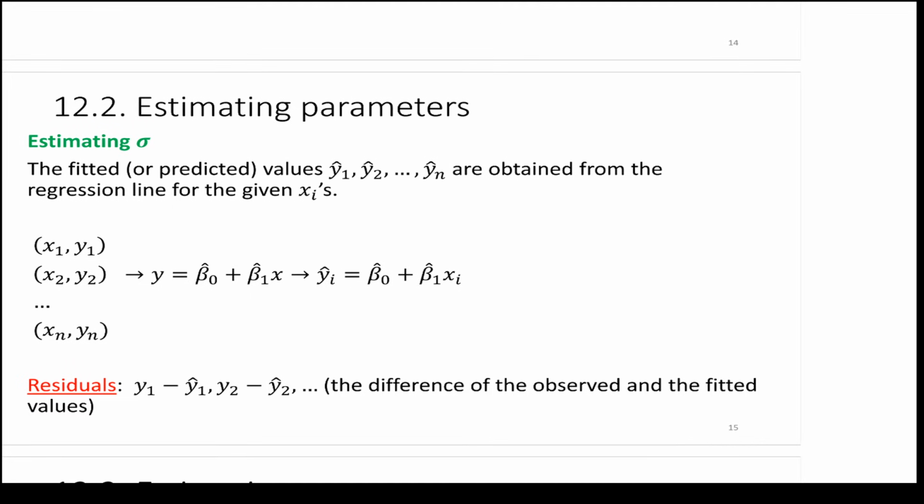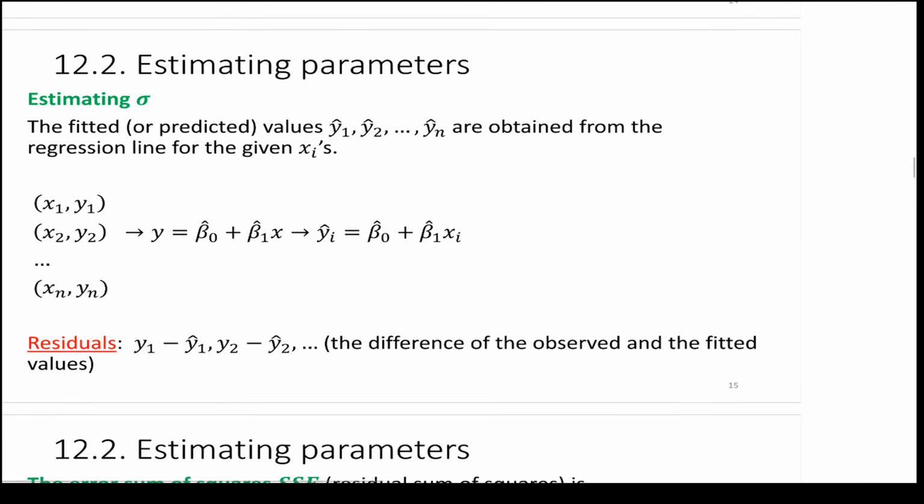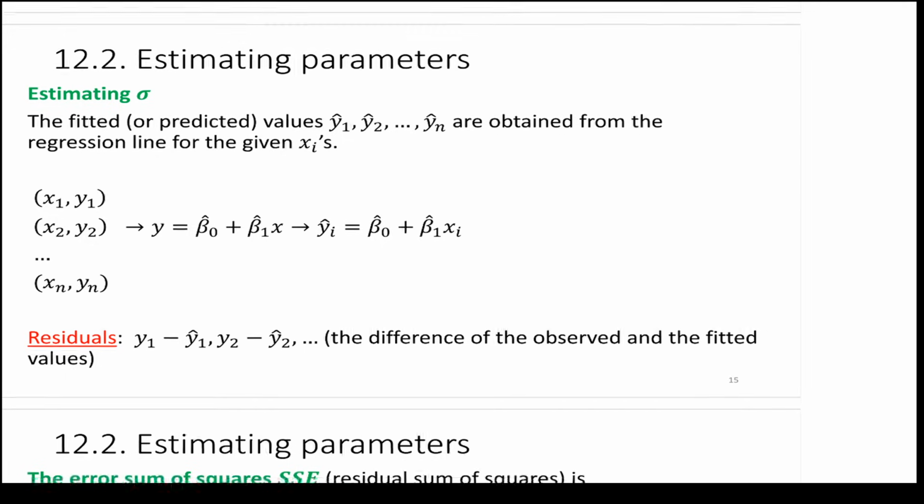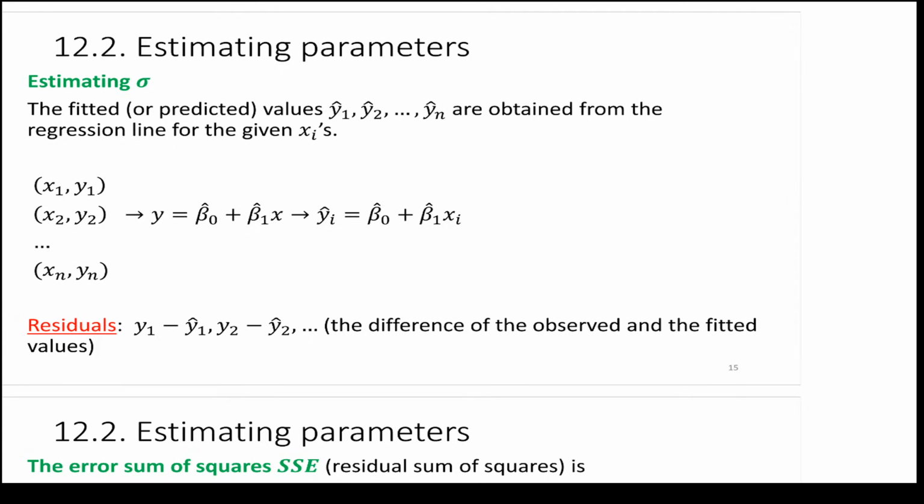Okay, sweet. Well, how can we estimate the standard deviation in the data, right? How far are we deviating away from the line? Well, we could use our estimate line, our least squares line, to estimate how far we're deviating away from the line in general. So the fitted or predicted values, y1 hat, y2 hat, ... yn hat, are obtained